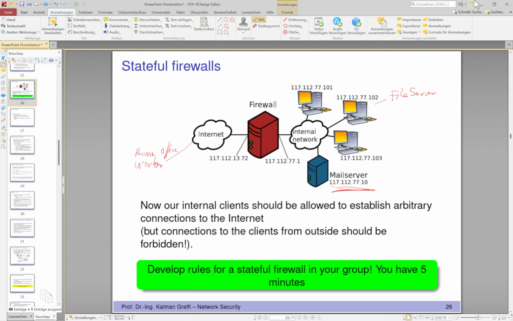And the file server cannot distinguish between who's a home office worker and who's an attacker. So you don't know the IP address up front to configure your firewall, so you need some other kind of mechanism to allow all traffic of this home office worker to be somehow redirected to the internal network, and all traffic, even let's say some kind of broadcast